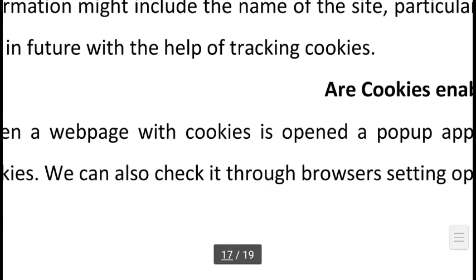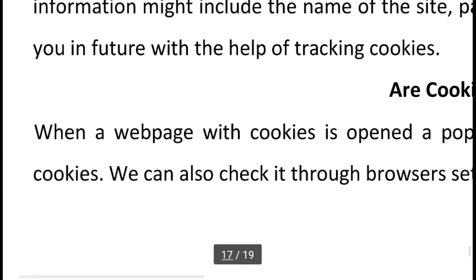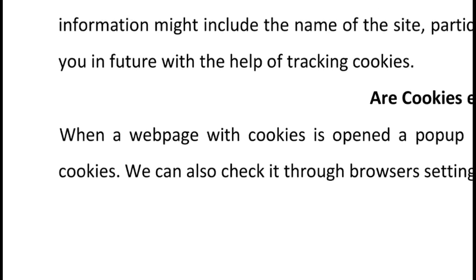Okay, so it depends on the browser setting. You can see the settings to enable or disable the cookies. If we disable the cookies, cookies will not work. If we enable the cookies, then they will work.